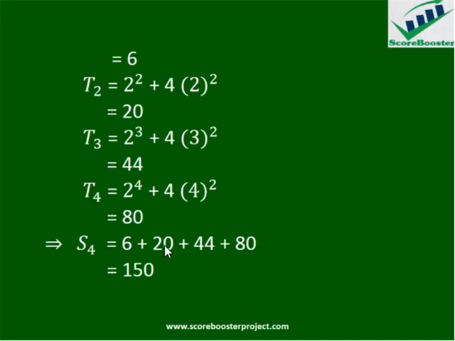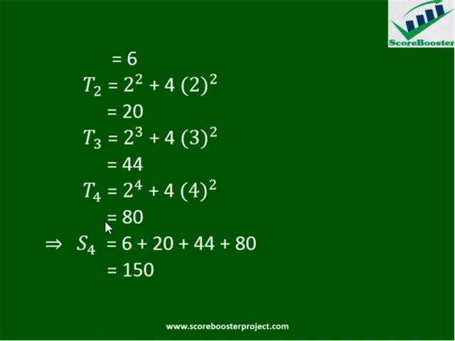26 plus 44 is 70, and 70 plus 80 is 150. So the sum of the first 4 terms of a sequence whose nth term is T subscript n equals 2 raised to power n plus 4n squared will be 150. Assuming you are asked to find the sum of the first 6 terms, we proceed to finding the value of